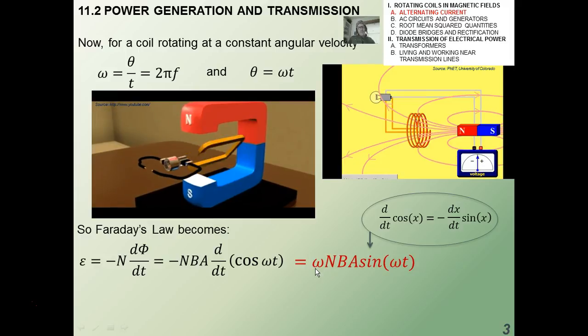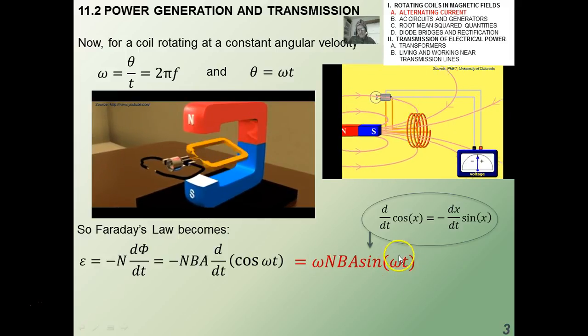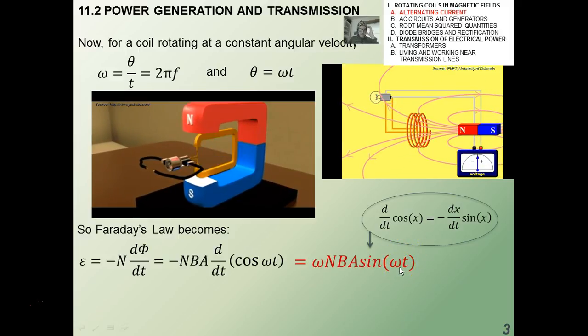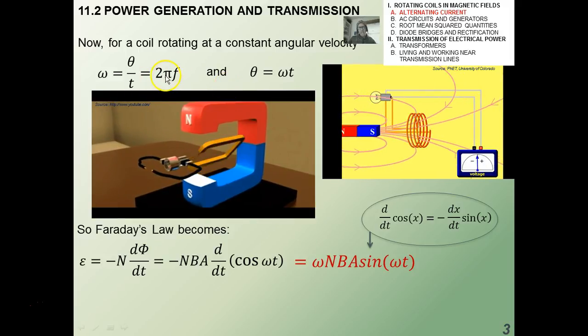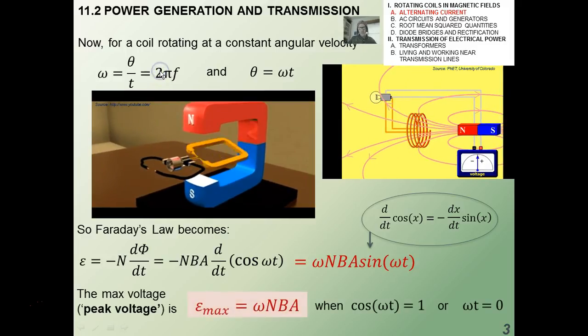So the induced EMF becomes omega times n times B times A times the sine of omega t, okay? And that's that original function, theta of t. Again, that is how theta varies with time. It's an exact function based on radians and the period and the total number of radians to map out a